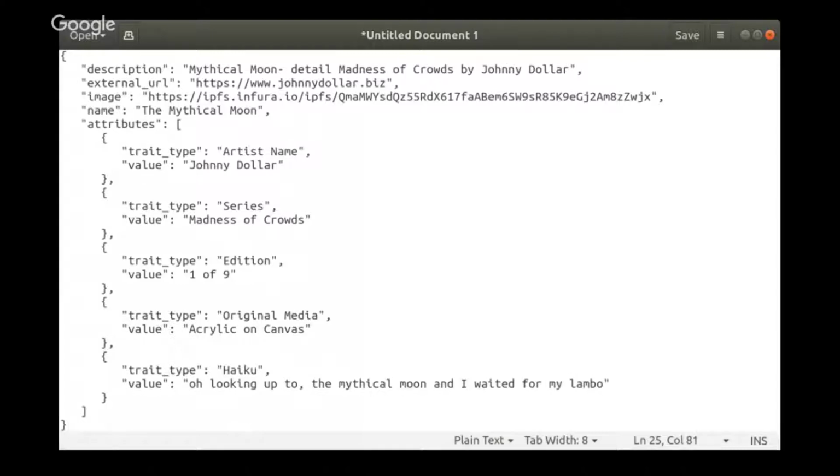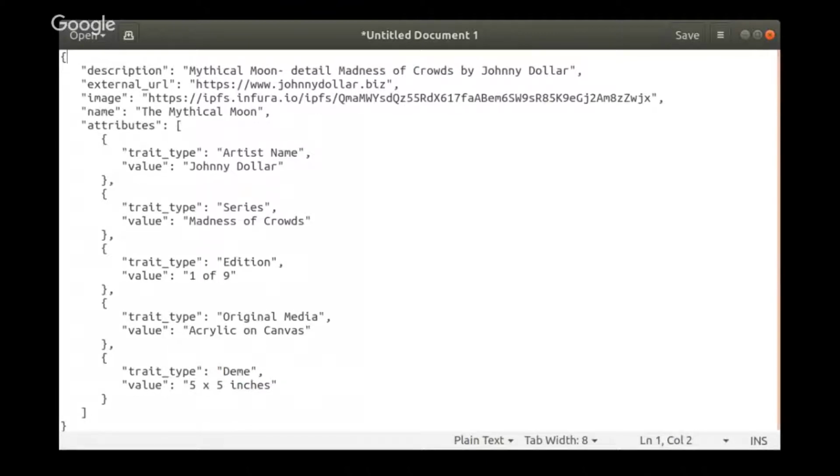I'm just making that up. I'm just going to call it what it was before, 5 by 5 inches. And dimensions. But you can put anything you want there. There's a lot of power with that. So here I'm just going to save all this,